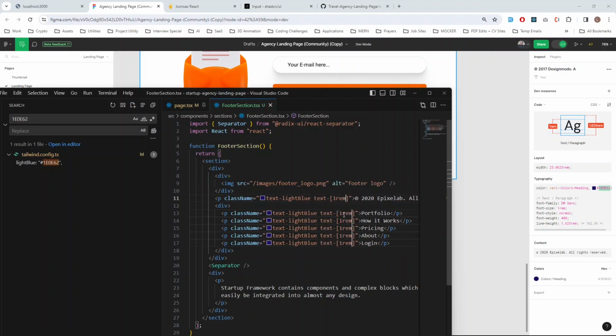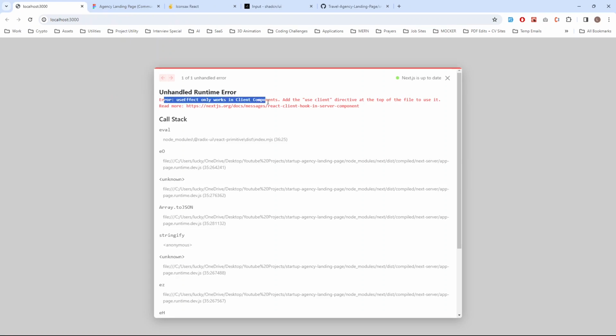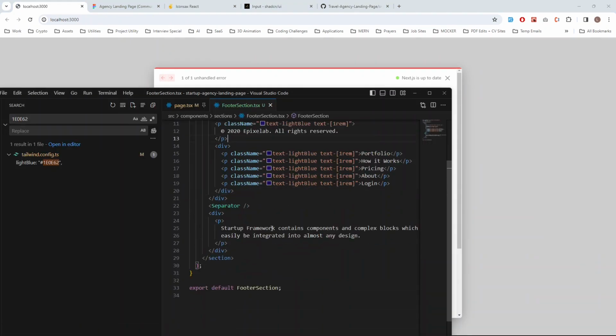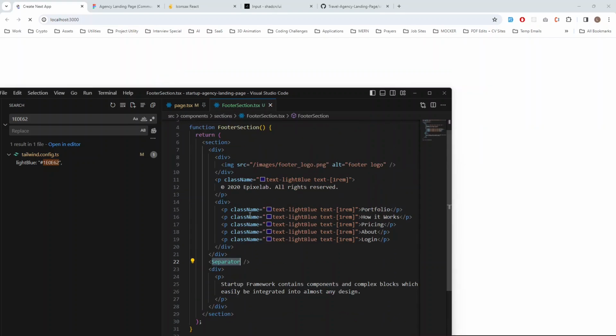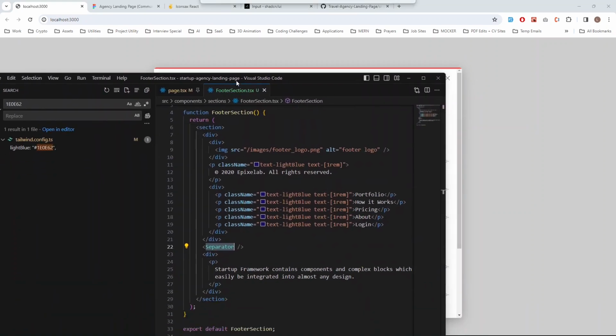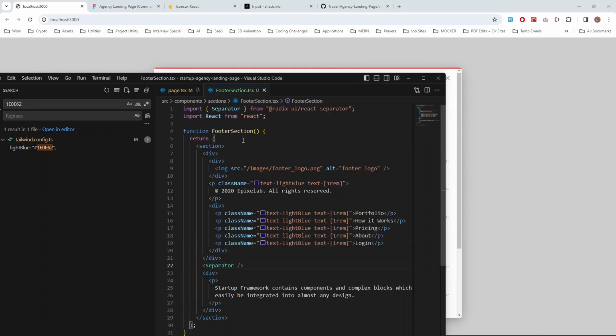Yeah, text one, right? So that should do it for us. So useEffect only works in a client component. Okay, not sure. Probably sometimes the separator requires some sort of this kind of thing. I ran into this error some other time, right? So let's make sure that we are